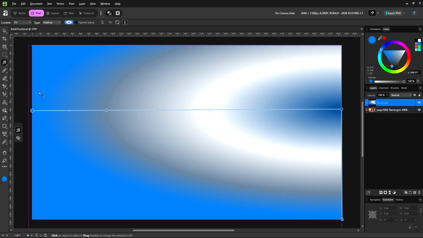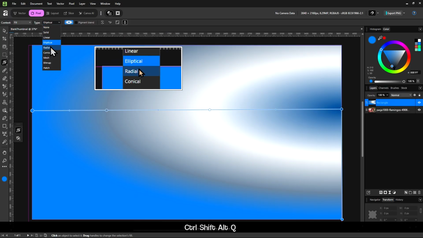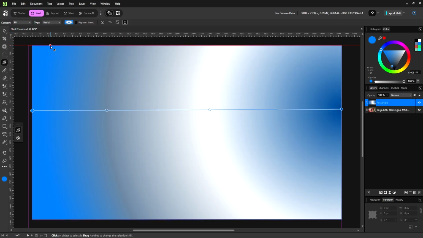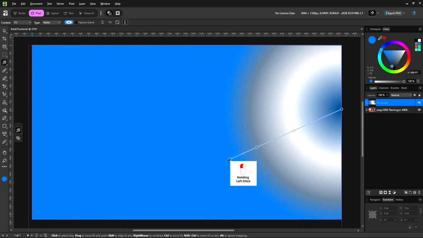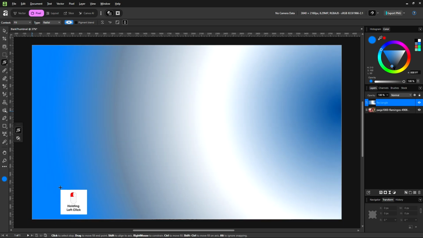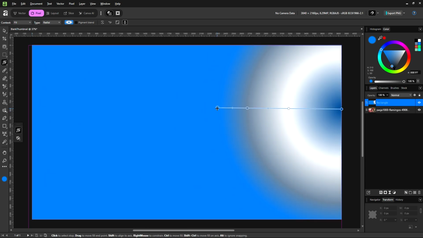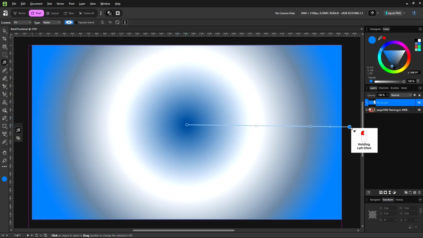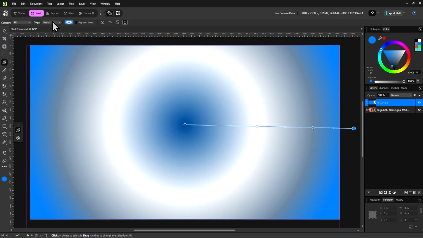However, with the radial here, you get the same circular gradient, but no matter what, you cannot change the aspect ratio. It stays a complete one-to-one circle that is just as wide as it is tall. Before we go on to the next gradient type, I want to remake my gradient from the middle like that. Still in radial, don't worry.